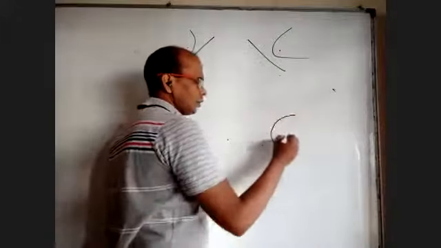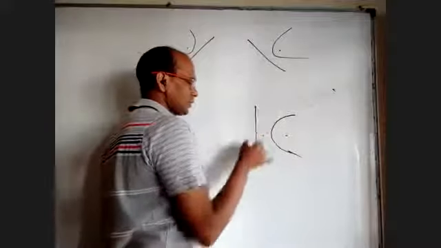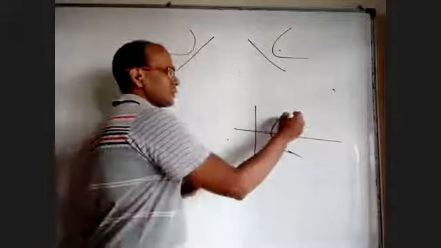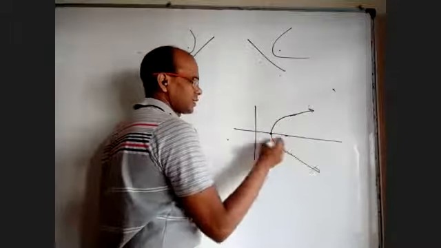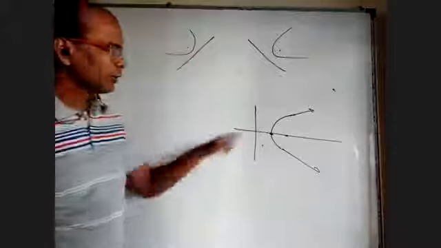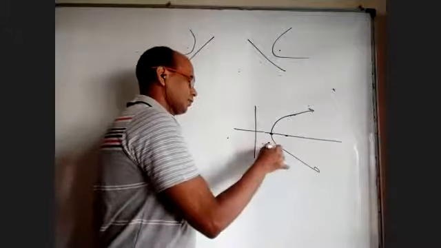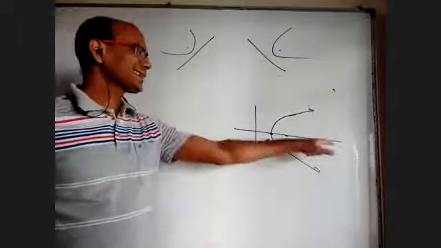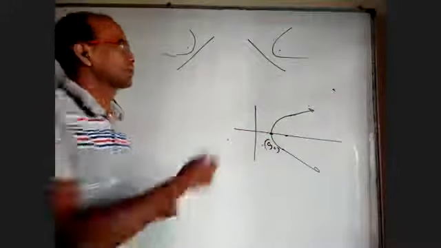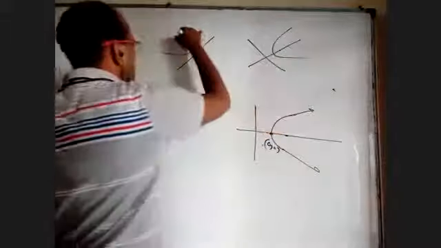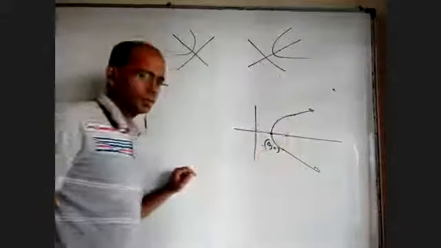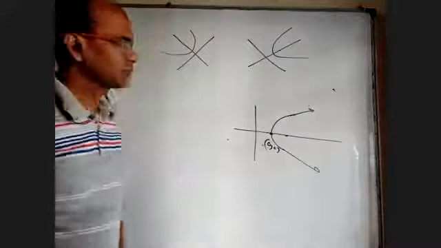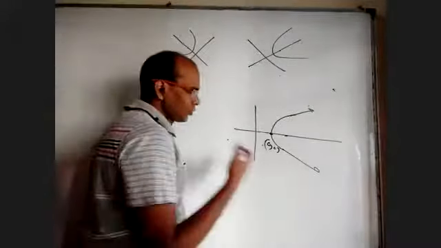The parabola, we know it has focus, it has directrix, it has axis. And this point, which is basically like midpoint of the parabola or where axis meets, is called vertex. I want to assume vertex is origin. For the simple form of parabola, vertex should be origin. And x-axis only should be axis. This axis can be like this, axis can be like this, but I want x-axis to be axis. Okay, so if origin is a vertex and the x-axis is the axis, that is called simplest form of a parabola. Now, how to find its equation?